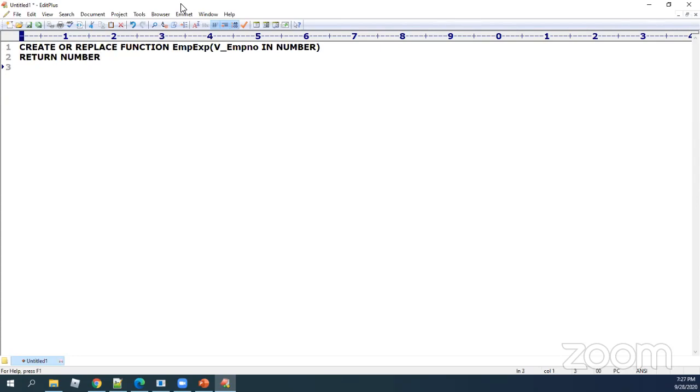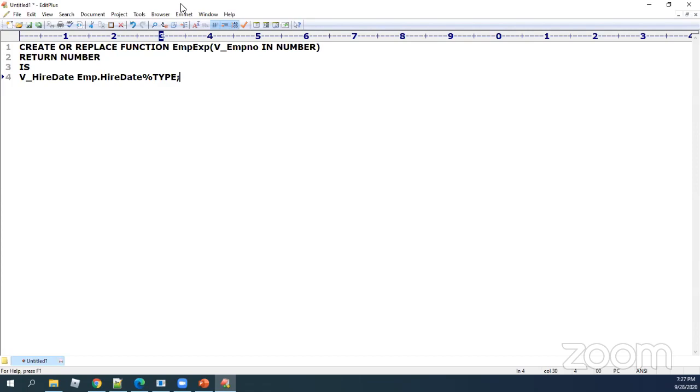And then, do I have any local declarations or local variables that should operate only within this piece of the function? So I'm going with my local variable declarations. One is v_hire_date, and I'm saying emp.hire_date%type. Okay.